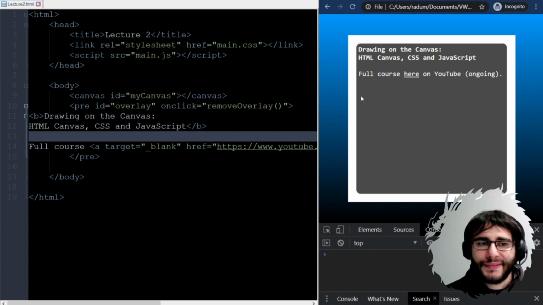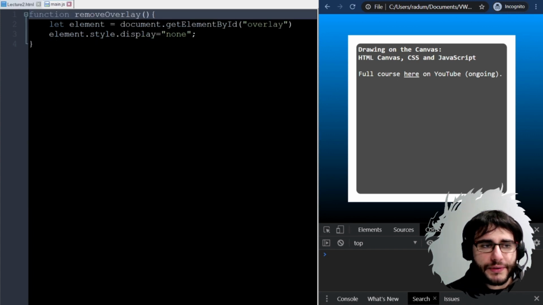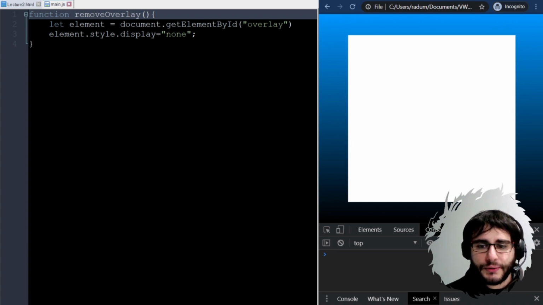Thank you. No problem. Okay, so I removed this text from here, and I will fill it at the end of what we do today. So it will depend what we are accomplishing during today's session. Let me open also the JavaScript file from last time. And it was just this simple function here that was removing this overlay and allowing us to see the canvas